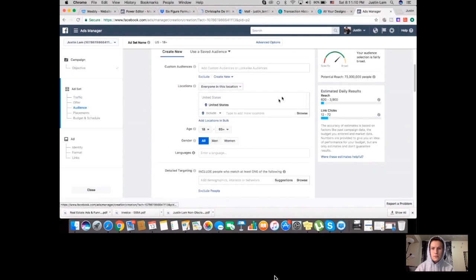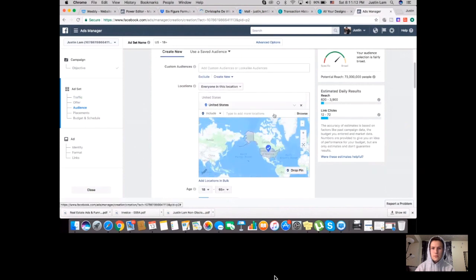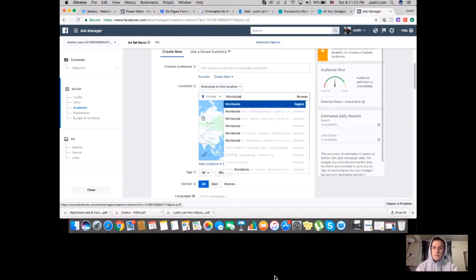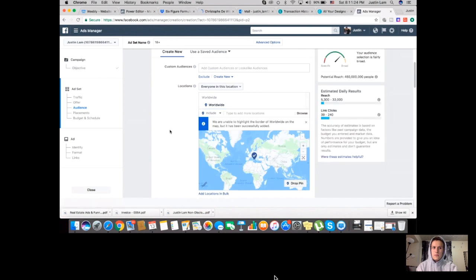So basically, for here, the little trick that I use is, since the U.S. and Canada and UK are all more expensive countries, I would just type worldwide as one word here. That way, you can average your budget out across all different countries. Maybe you get some engaged followers from different countries, like places in Asia and different places in